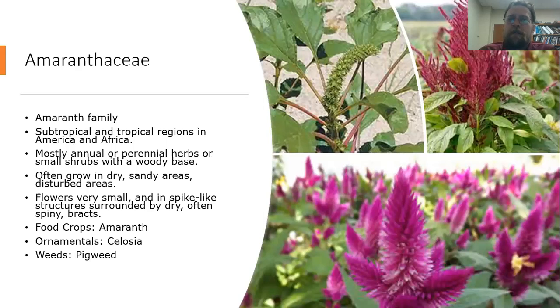Another really important family are the Amaranthaceae, or the amaranth family, mostly subtropical and tropical plants, annual and perennial herbs. A lot of them grow in sandy areas or disturbed areas. And the flowers are really distinctive, small flowers that are in spike-like structures. So there is the food crop amaranth, which is a really important grain,